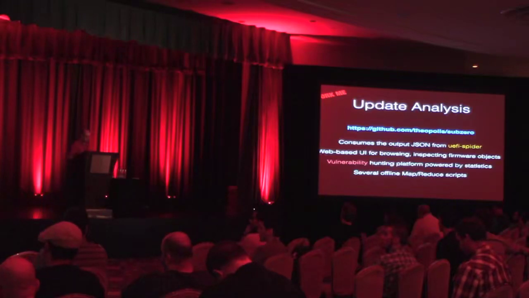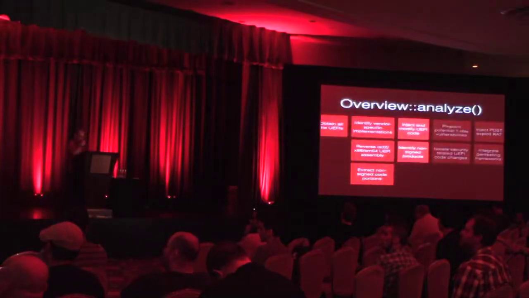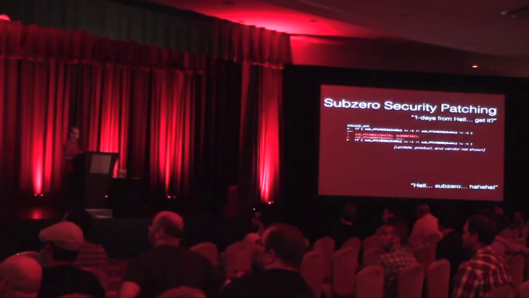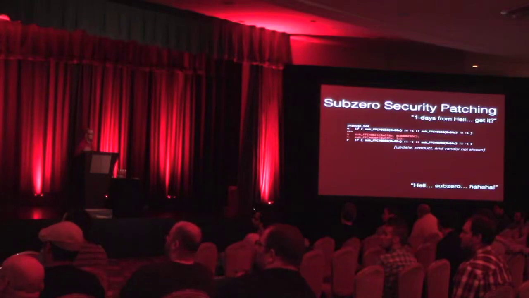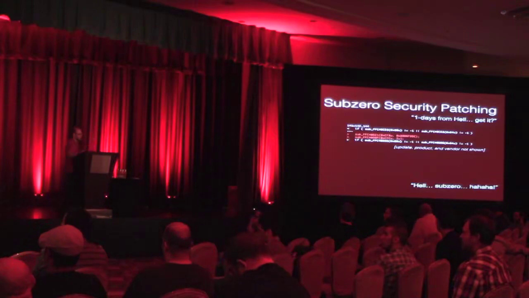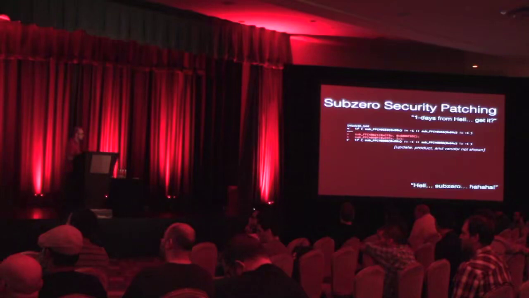So what can we do with that? We want to find things like a 1 day, right? A 1 day inside firmware is much worse than a 1 day from Microsoft, because the chances that firmware is going to get updated in 5 hours is very low. The chances that it's going to get updated in half a year or 4 months are very high. So here's the example 1 day that we're looking for, which is the vendor added 2